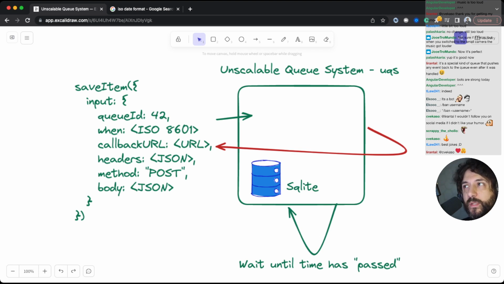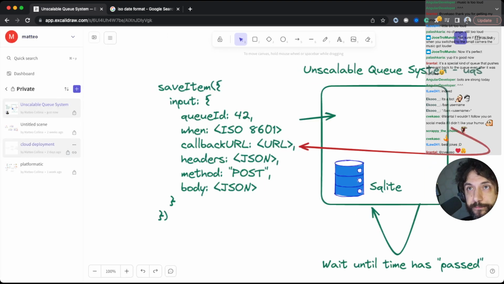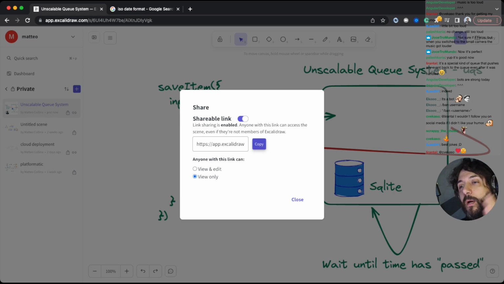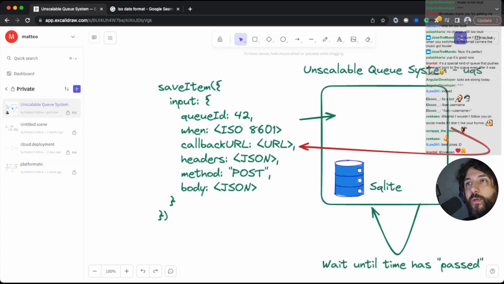Okay. So let's start, I would say. Oh, before that, let me do one thing. Let's do share. Yeah, share. And I'm putting it view only, so the bots cannot edit this, but I'm going to copy it and paste it here.